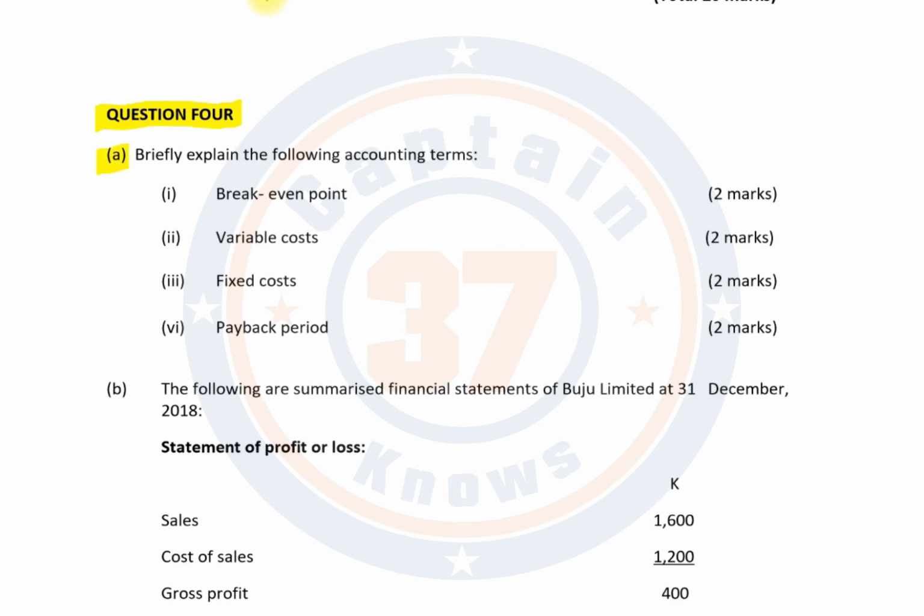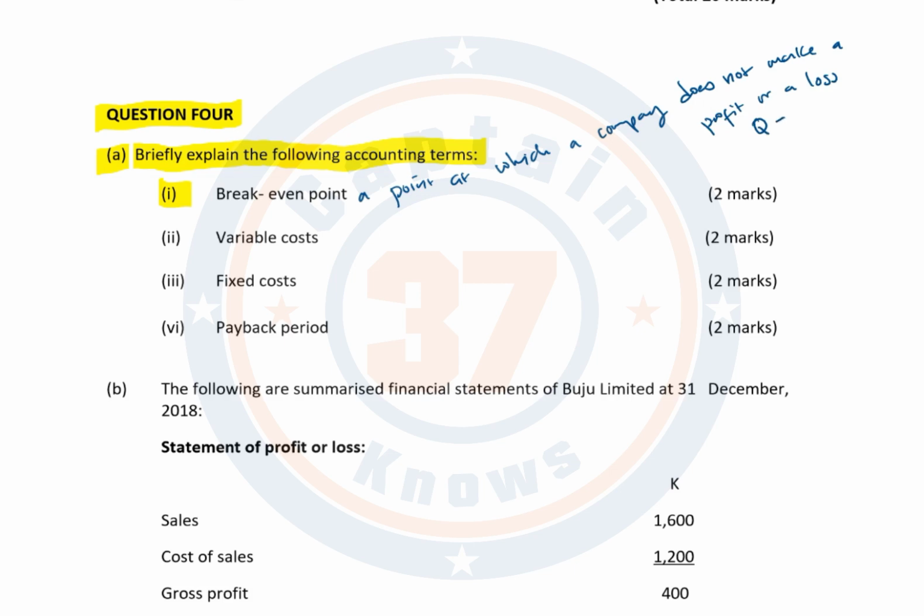A reads as follows: briefly explain the following accounting terms. The first one here is break-even point. The break-even point is a point at which a company does not make a profit or a loss. So, for example, the quantity that a company may need to sell for it to break even